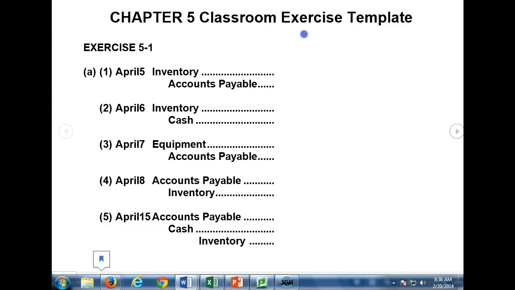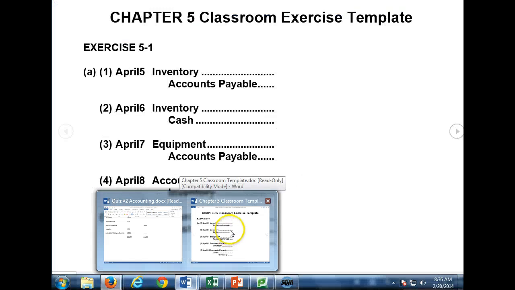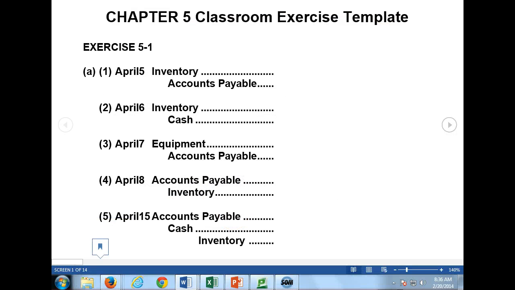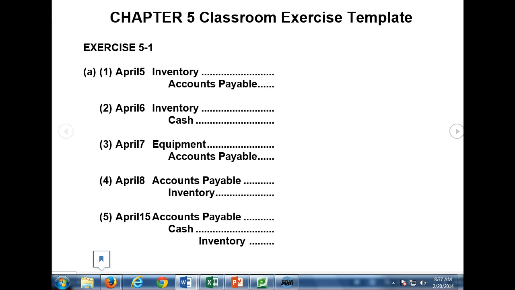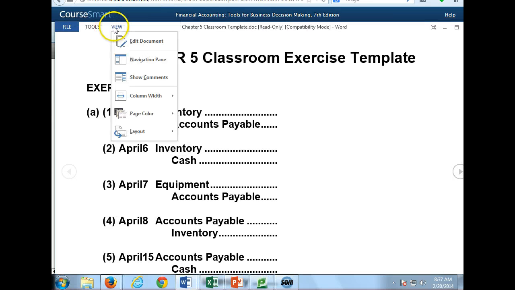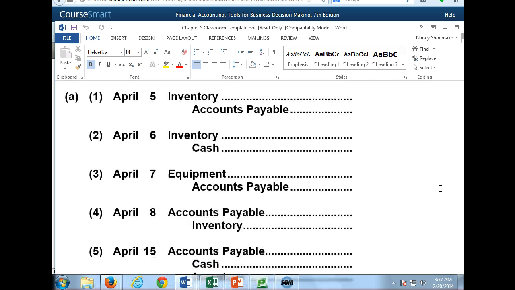Let me see how I can. There. View, edit document. Okay. So,